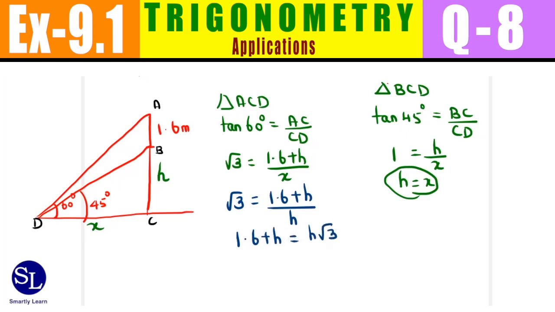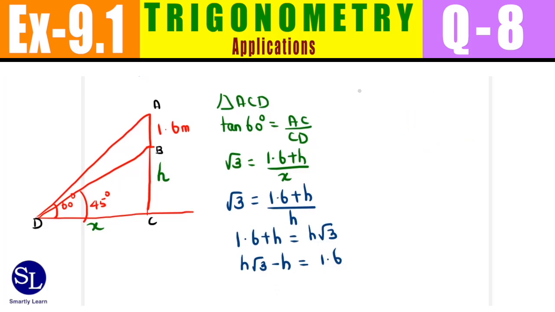I'm going to collect all the H in one side. So H root 3 minus H is equal to 1.6. So H I'm going to take as common factor. So H into root 3 minus 1 is equal to 1.6. So this is H is equal to, now root 3 minus 1 is going to be equal to 1.73 minus 1, which is 0.73. So this is 1.6 divided by